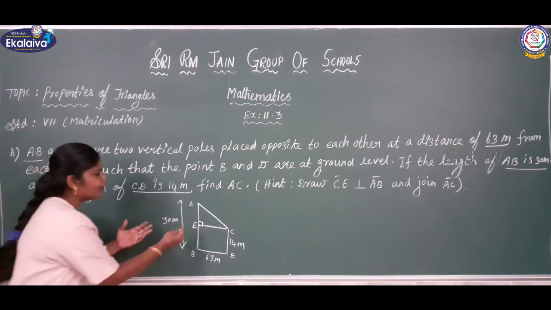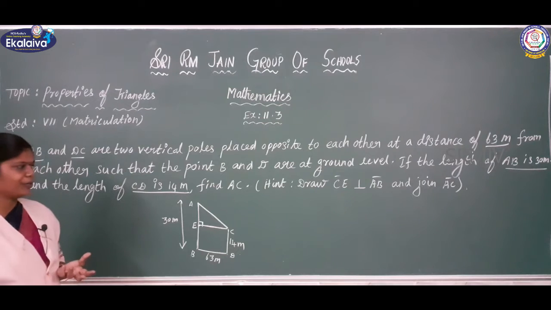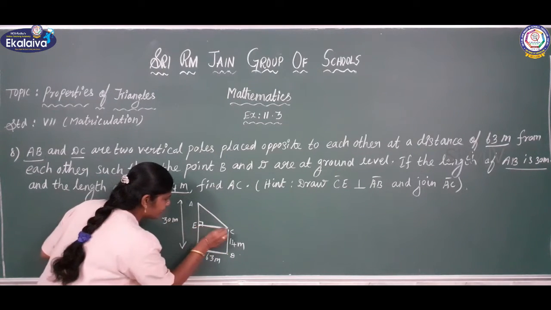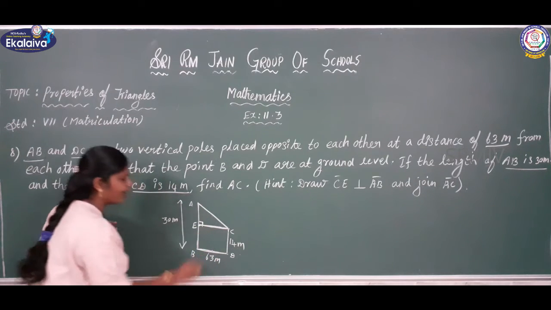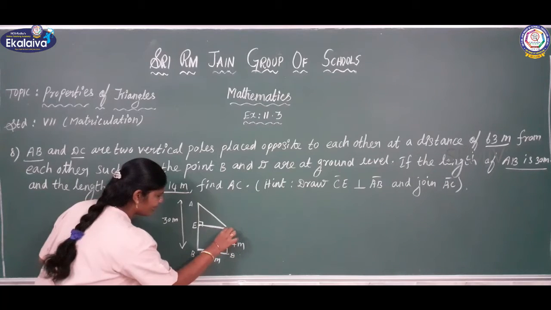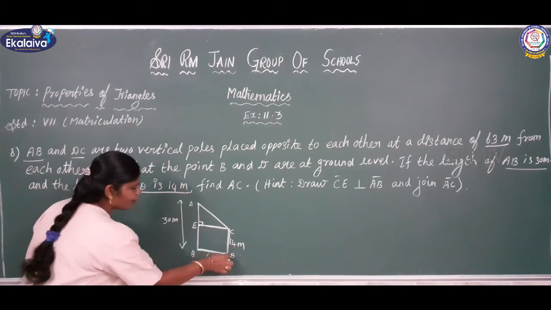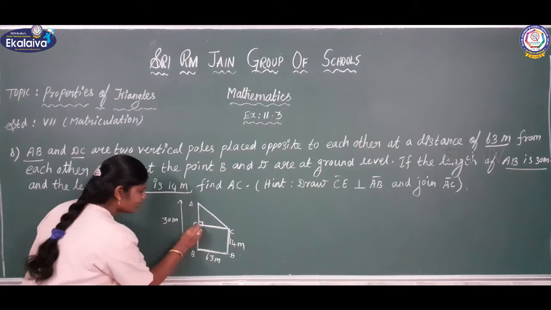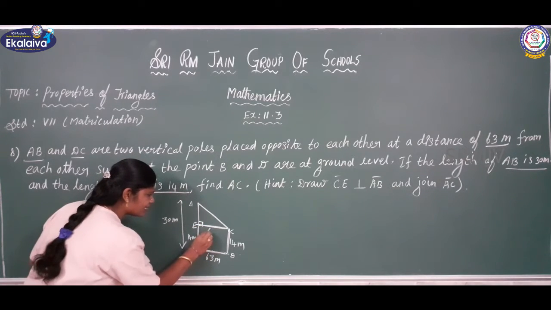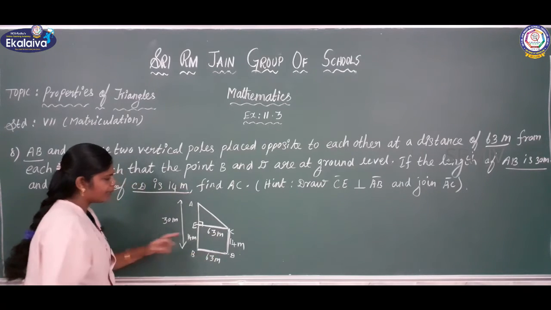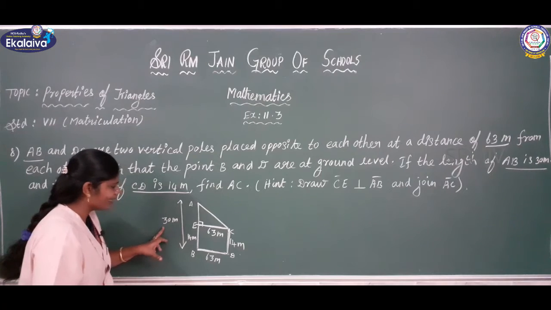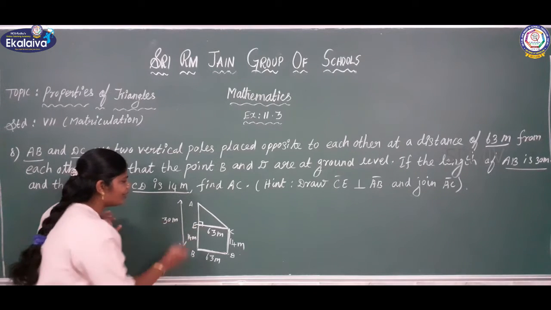But we need to know the sides' values. See here, this is BD and EC. These two opposite sides are equal because this is a rectangle shape we are getting here. So from this to this 14 meter means from this to this 14 meter, and this is 63 means this also 63 meter because opposite sides are equal, but the total length is 30. 30 minus 14, what will you get?